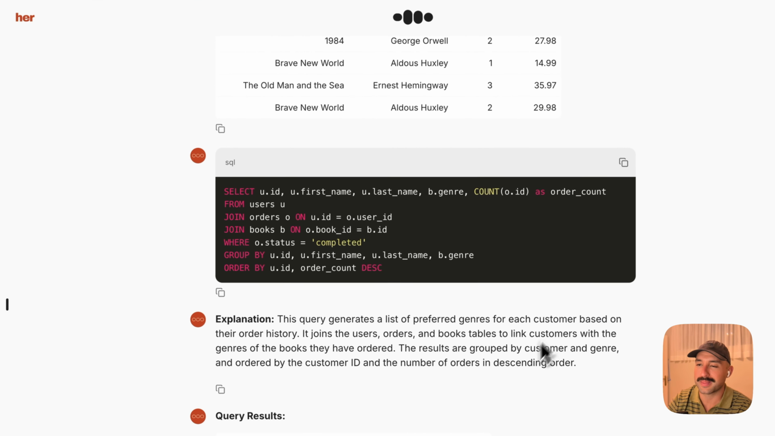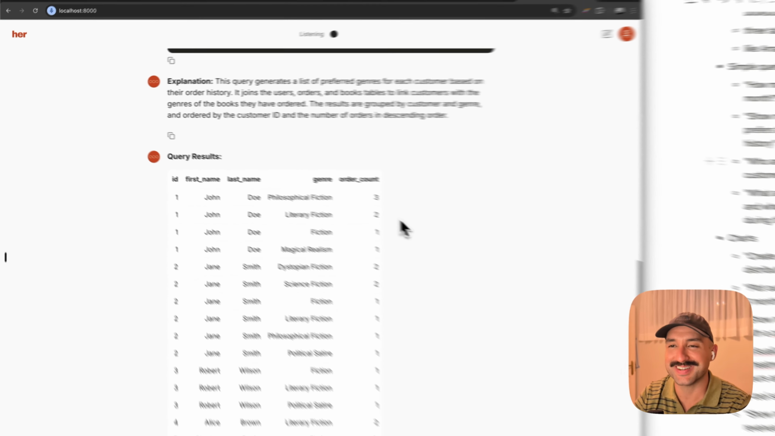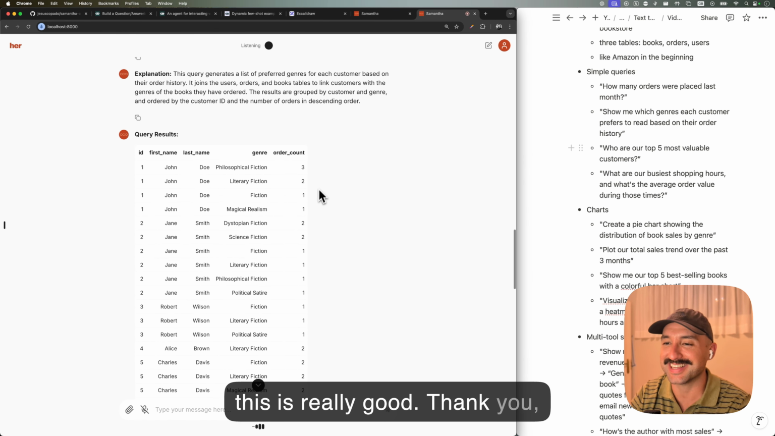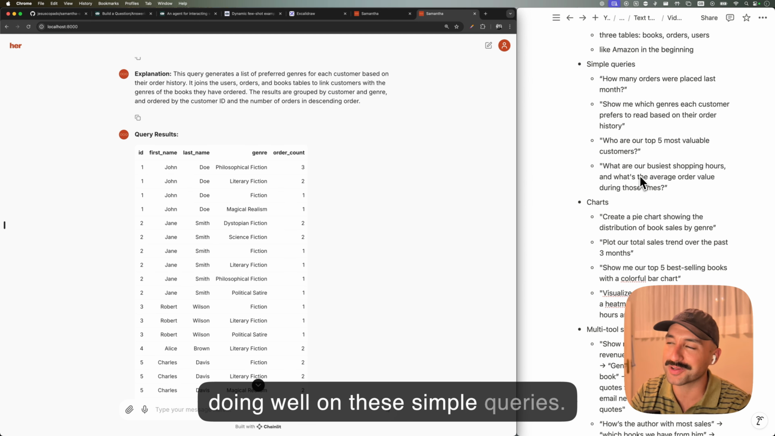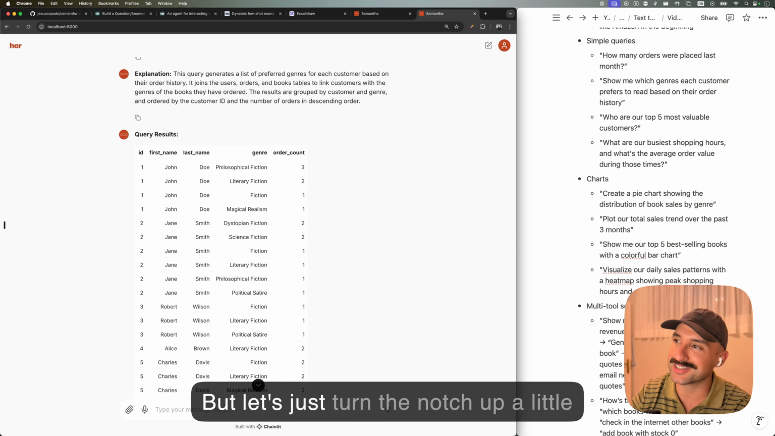Here's a snapshot of each customer's preferred genres based on their order history. Awesome. This is really good. Thank you, Samantha. Okay, so we have seen Samantha just doing well on these simple queries, but let's turn